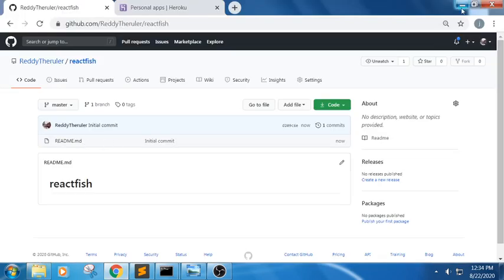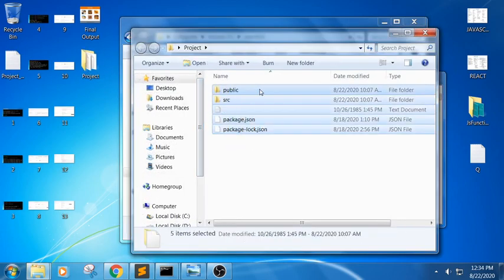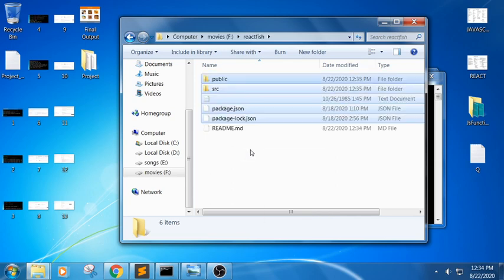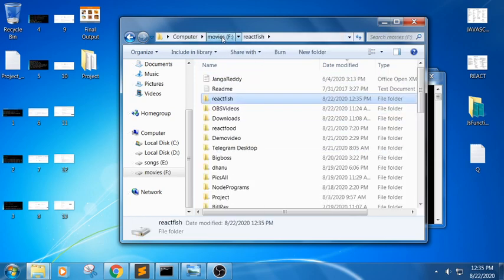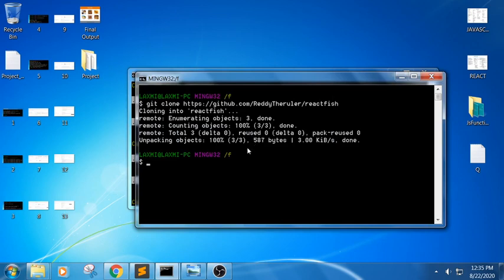Only one file is present, here also one file is present. You have your project copied, you paste it. Don't paste in a folder, you just copy and paste the complete folder as it is. Again I will show you. See, it should be as we have done a project workspace, or else initially also you can start the project from Git also. Next one, you need to navigate to the folder React Fish.